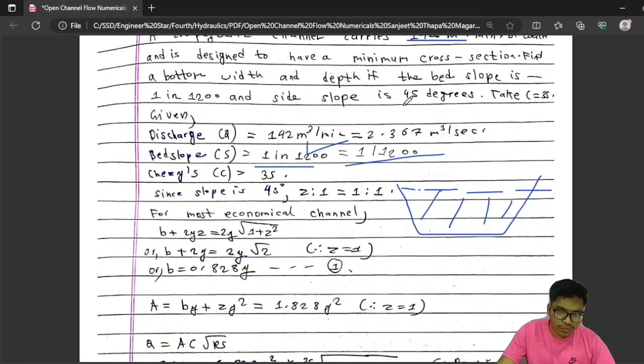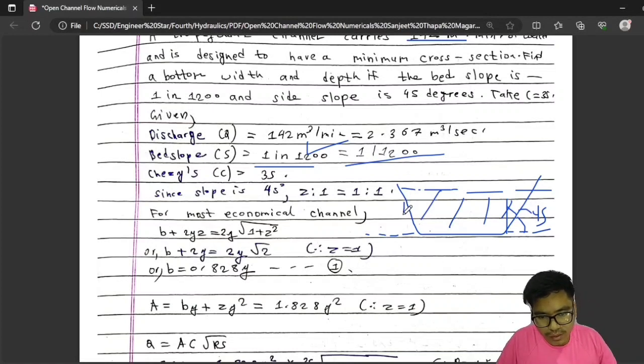Side slope is 45 degree. 45 degree is always from horizontal, so from vertical also it is 45. That means the vertical is 1 and horizontal is also 1. So Z is 1